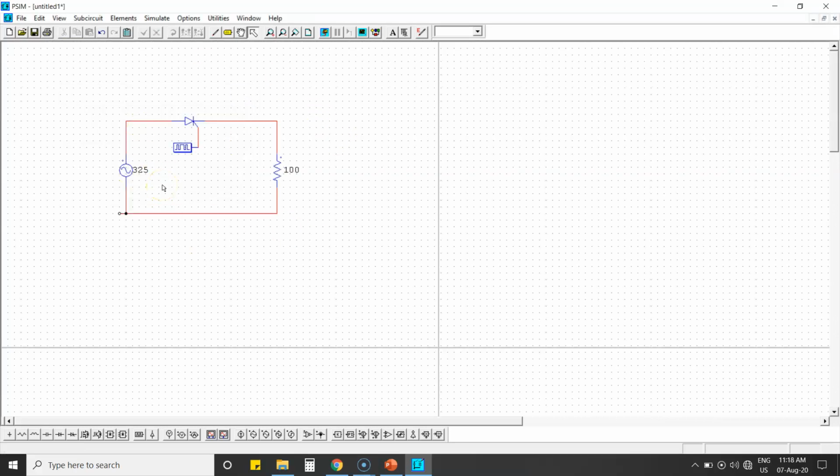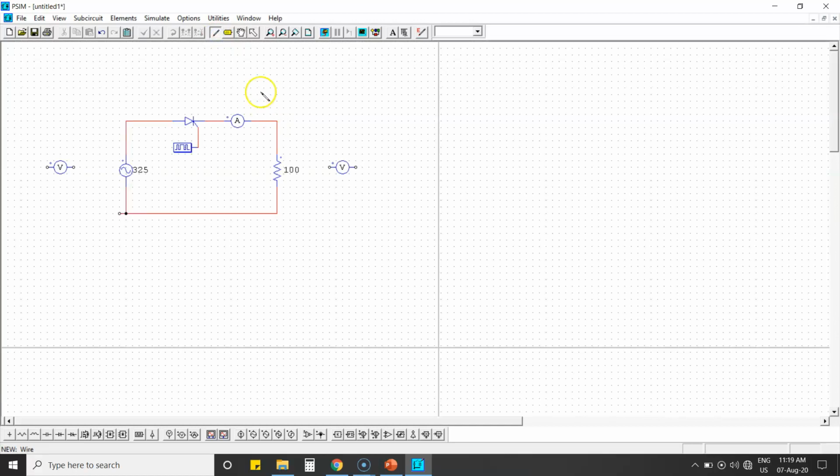So now we need to measure our output voltage, output current and input voltage. So for that I am taking the voltage probe. So voltage probe between two nodes. So I am taking this one. Okay, this one for input and this one for your output. Similarly the current probe measures the output current here. Okay, so just delete this one and add your current probe here using the wire, just connecting the supply.